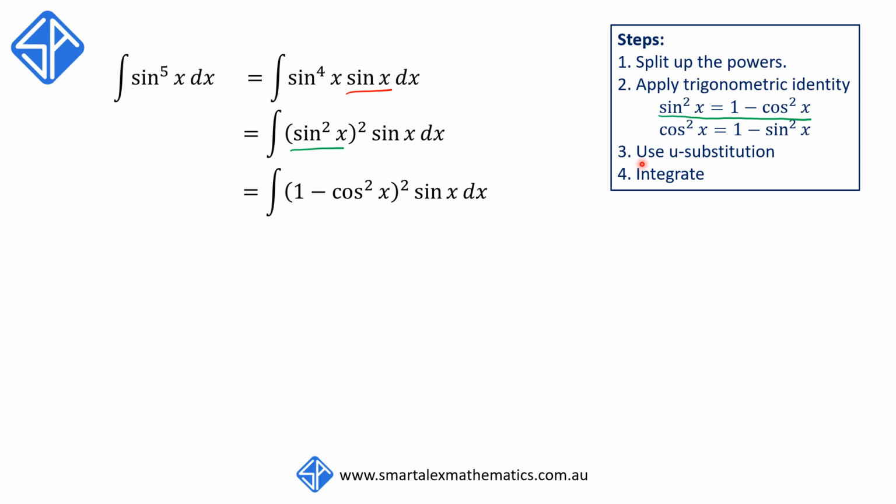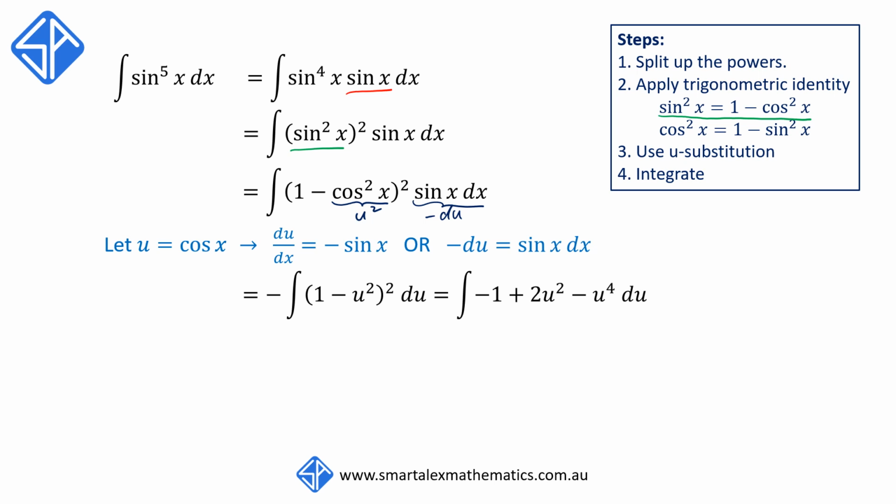Then we're going to use a u substitution. This time we're going to say let u equal to cos x so that du on dx is equal to minus sine x or minus du is equal to sine x dx. So that means we can replace cos squared x here with u squared and sine x dx here with minus du. Our integral now becomes minus the integral of 1 minus u squared all squared du,